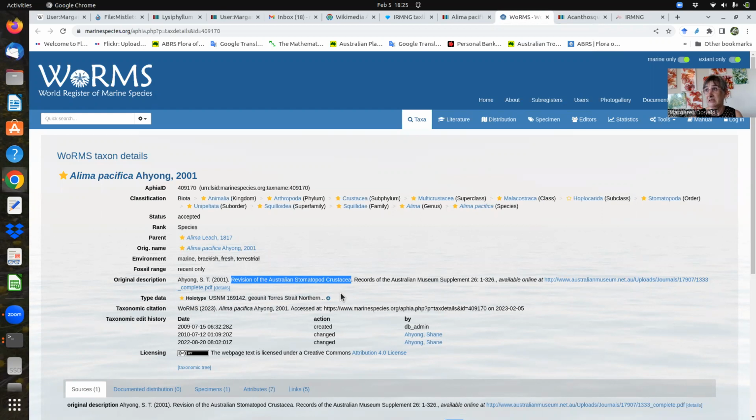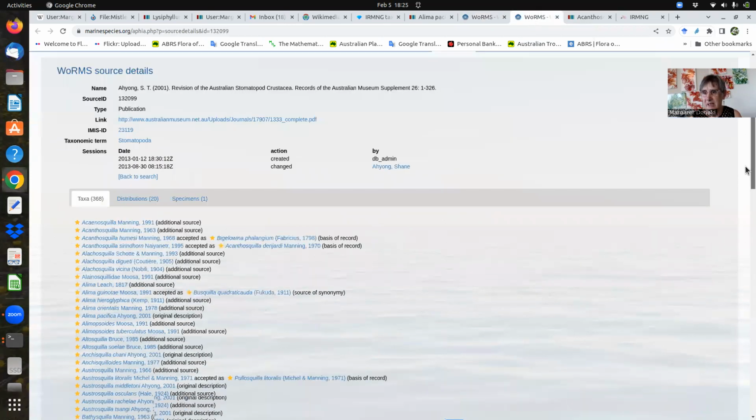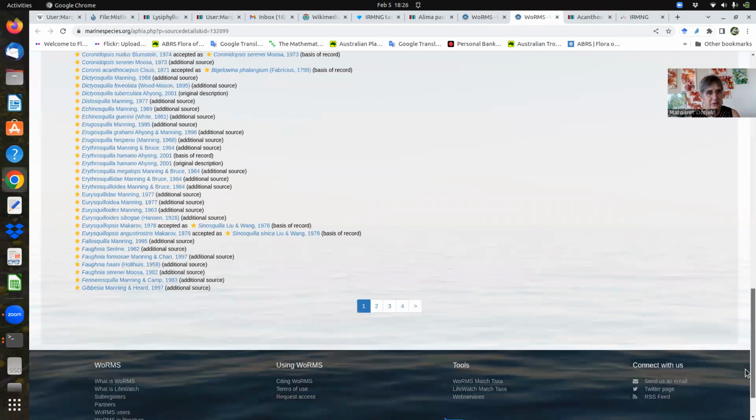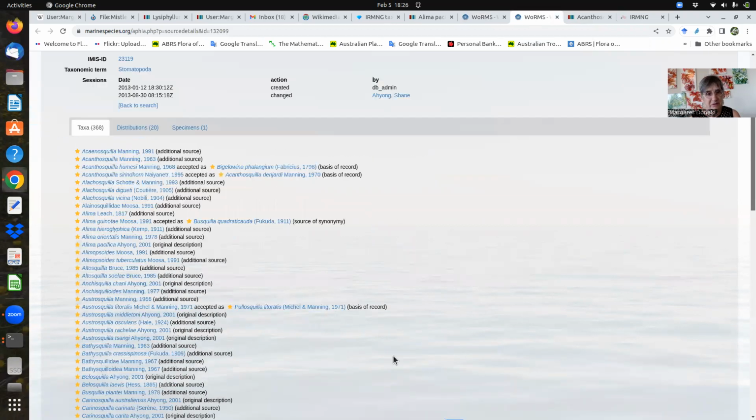We're hoping to find that it's in Wikidata. So we don't need anything more than the name. I'm going to go to details, and that should tell us the series of other names that were there. Now, you can see, in fact, as we thought, there's a huge number of names that were affected. Not all of them, some of them are original, and you can see additional source, basis of record, additional original description, Alema pacifica,